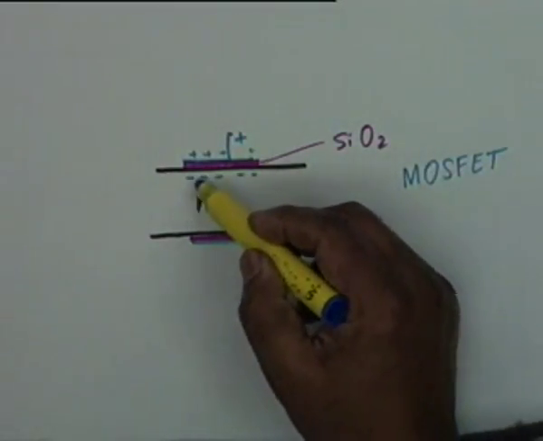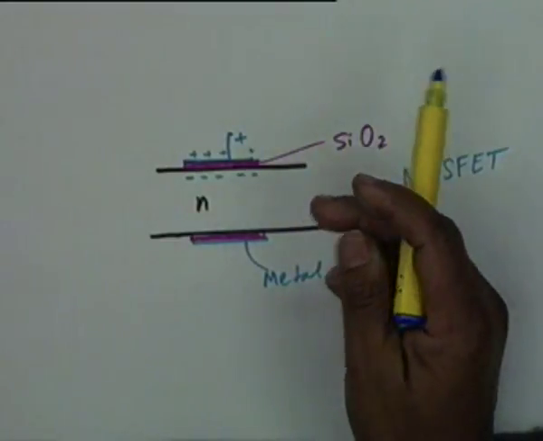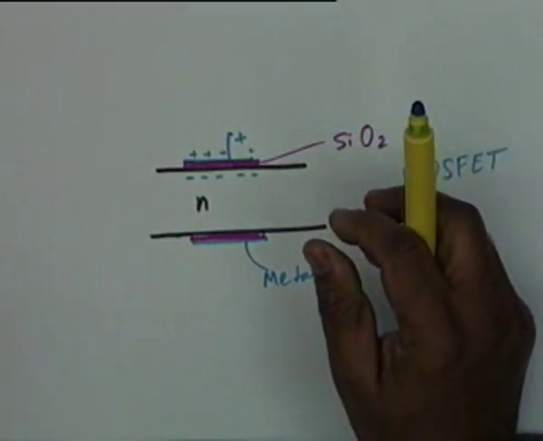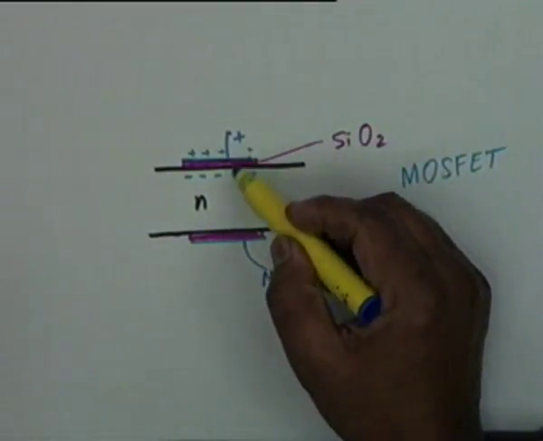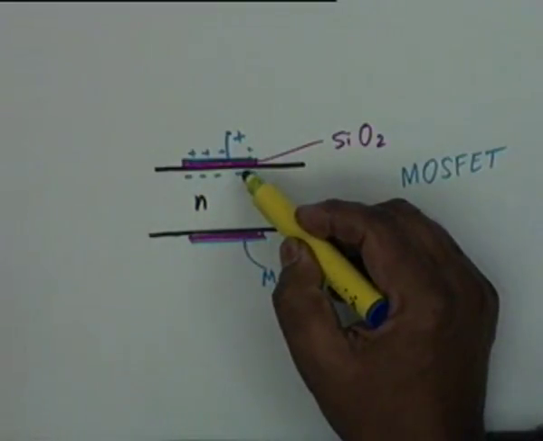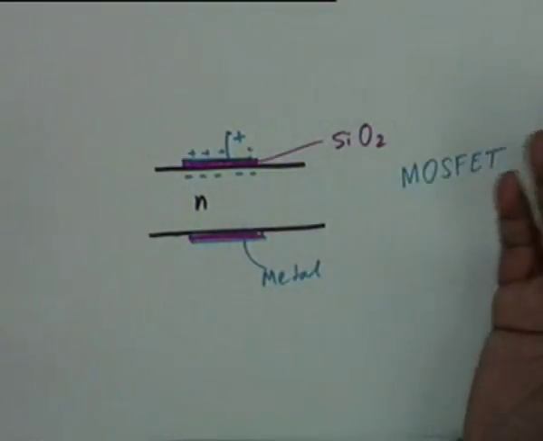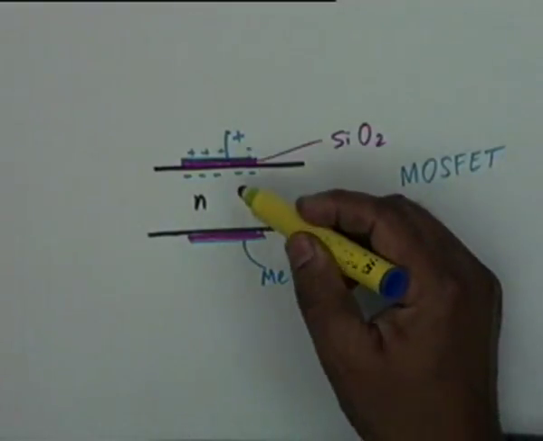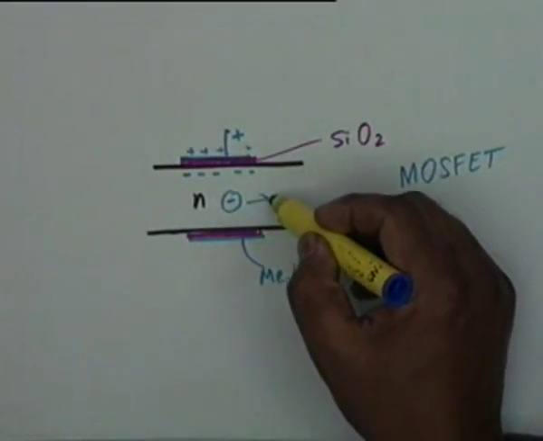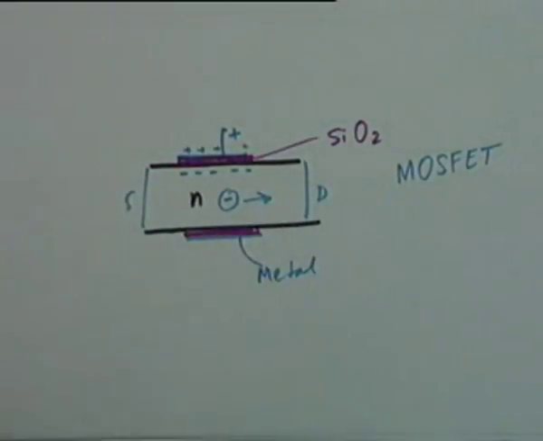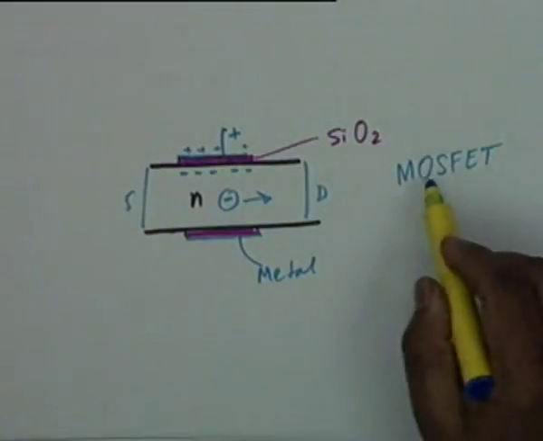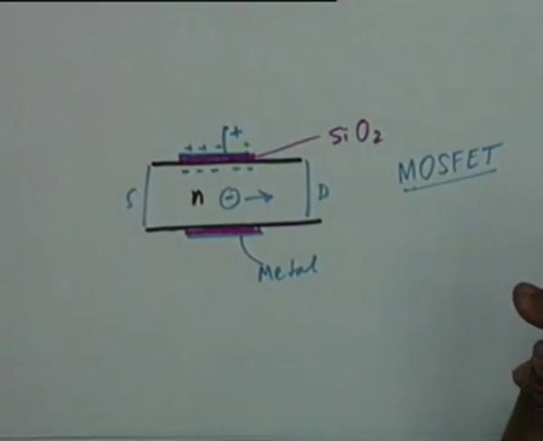Now, if electrons are bound here, obviously less number of electrons will be available for conduction. All right. On the other hand, if this is negatively charged, then holes will come here, and therefore more electrons will be available for conduction. This is the way that the electron current in the n channel can be controlled. There is a source here, there is a drain here, and the electron current can be controlled. So the third type of constructional feature of an FET is through metal oxide semiconductor.